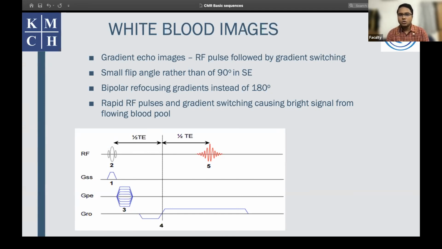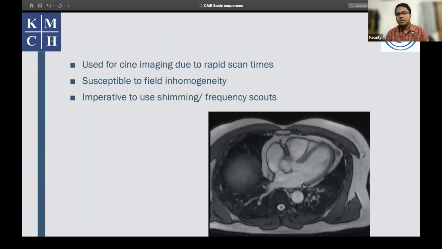But here we don't do that. We just give rapid RF pulses and gradient switching, and this causes a very bright signal from the flowing blood. The stationary tissues, because of RF saturation, lose signal, whereas blood which is flowing shows a bright signal because of these rapid RF pulses. And this type of gradient echo images are mainly used for cine imaging because of its